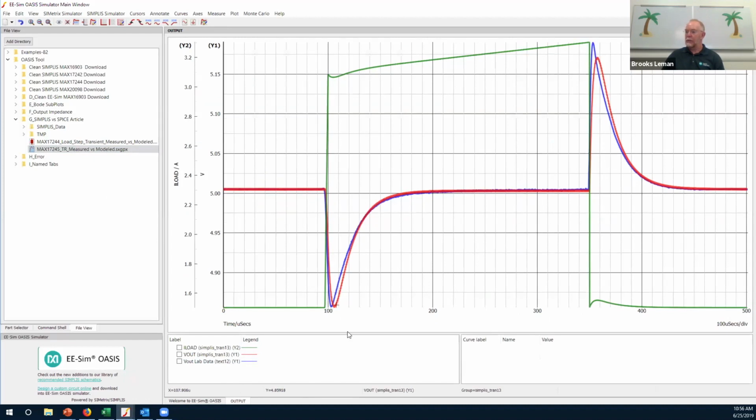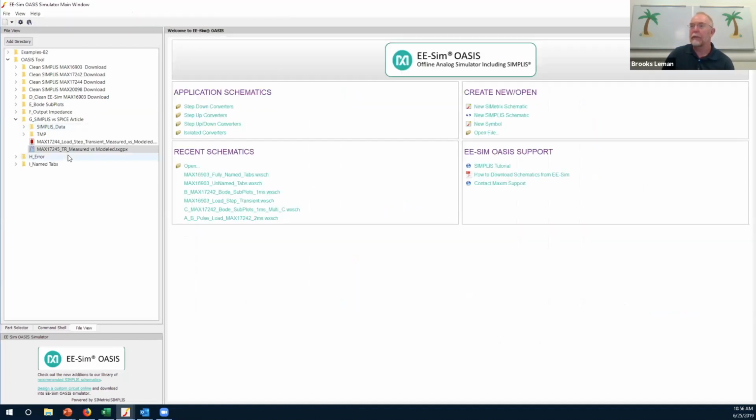And so in this case, you can see, well, we did a pretty good job matching the sag peak to peak, and the timing looks really, really good. We're a little off on the step down, but quite frankly, this is the important one. So this is an example of what I would call a well-correlated simulated response to what happened in the lab. Okay. So we will close that,